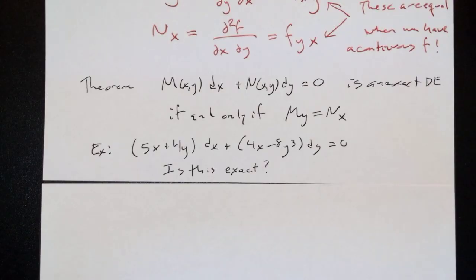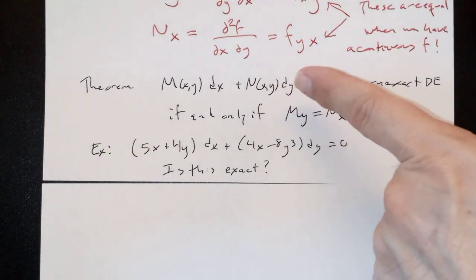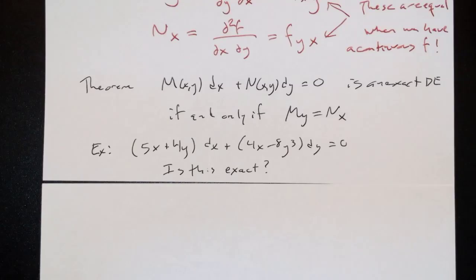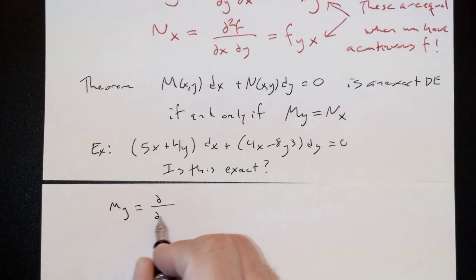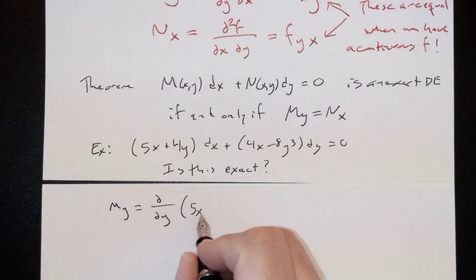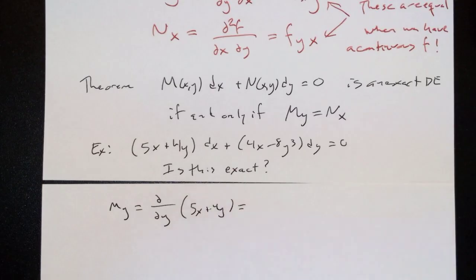What's N? Right, because it's M dx, N dy. So I need to know what the partial of M with respect to y is. M_y, that's the derivative with respect to y of 5x plus 4y. I get